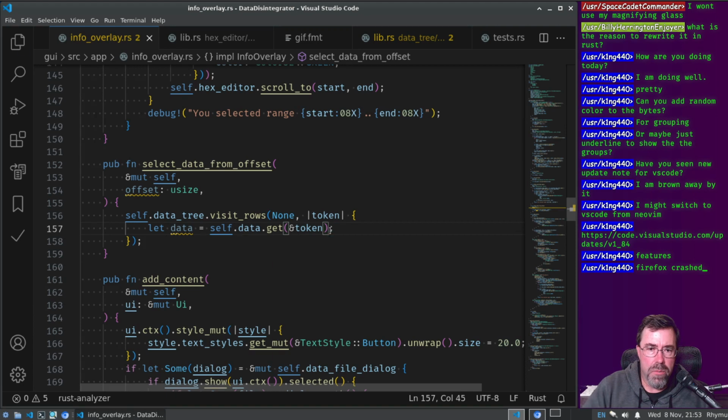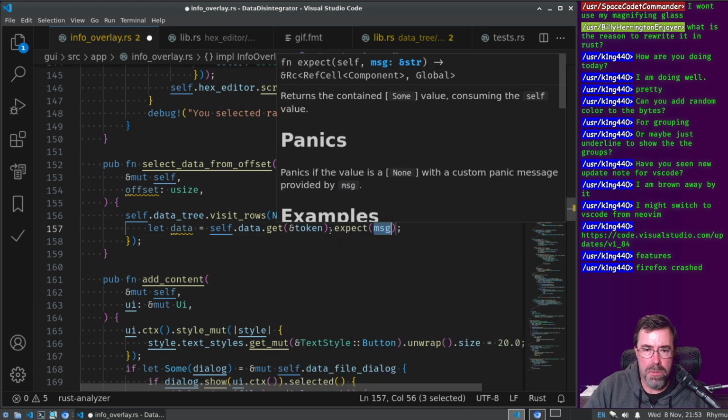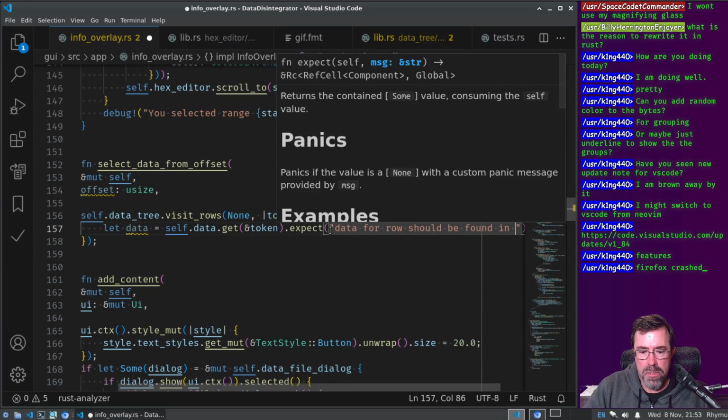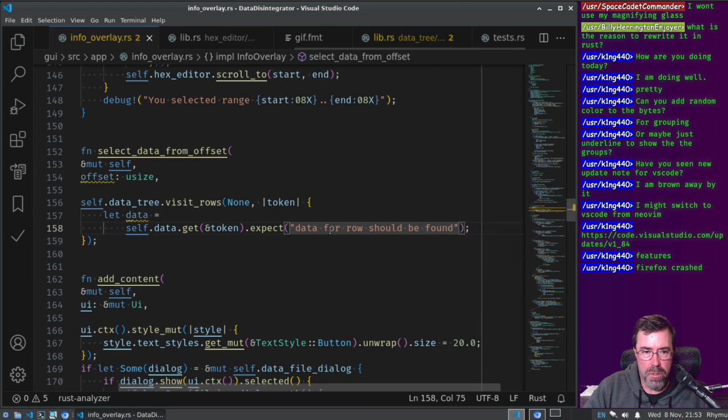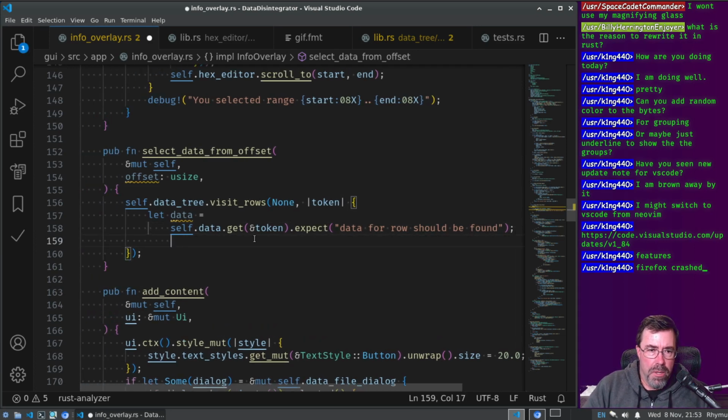I suppose we should just unwrap this or expect. Data for row should be found. There we go. So then, okay, you get a reference to it. And essentially we're going to return, like, I think we should just return whether the offset is in it. So